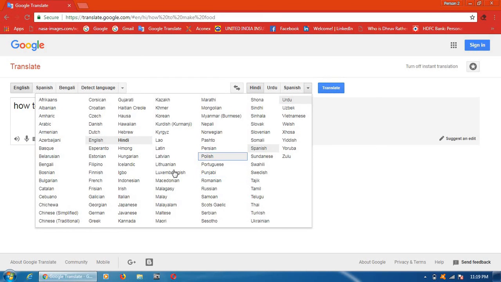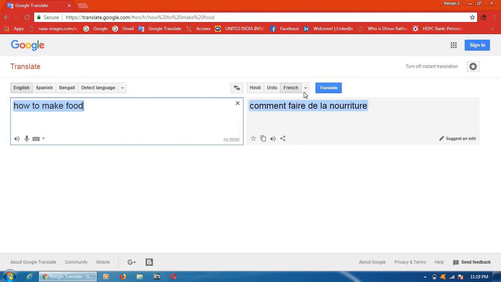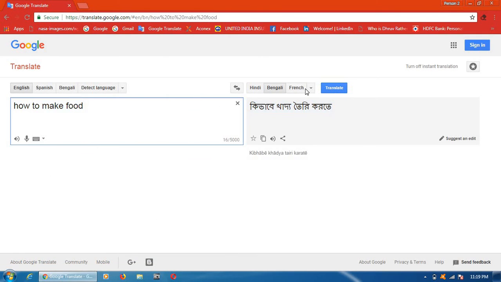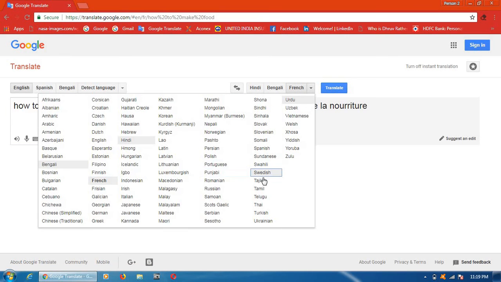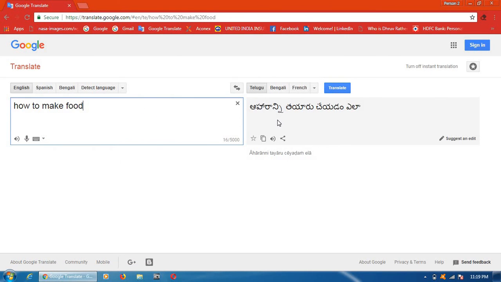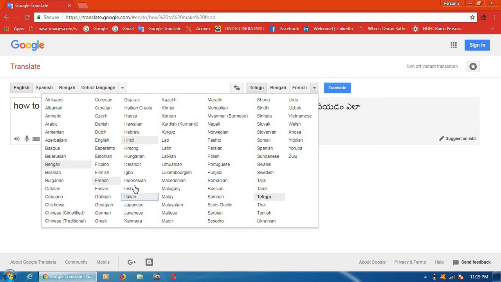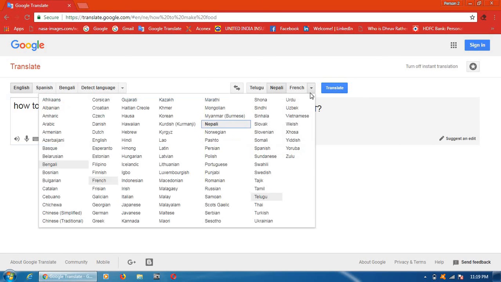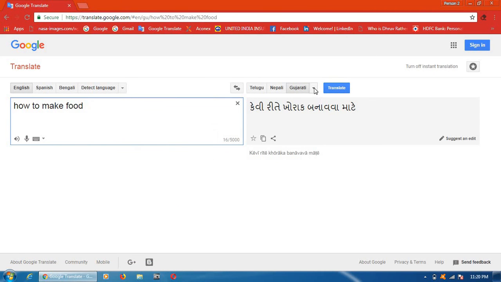Otherwise, you can go for French. You can go for Bengali, Telugu. Nepali. Like that, these all are languages. Okay, you can select anything also. Gujarati. Okay,